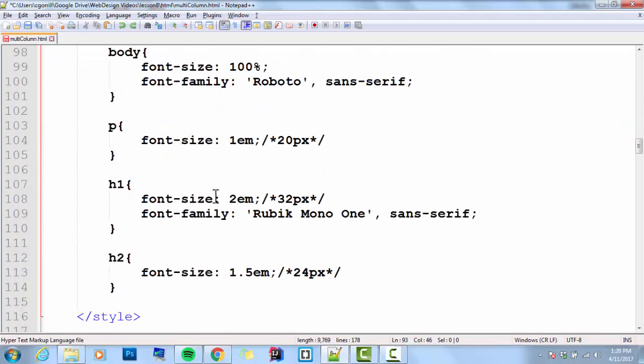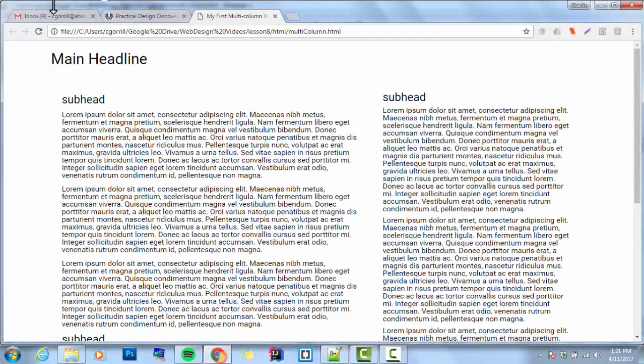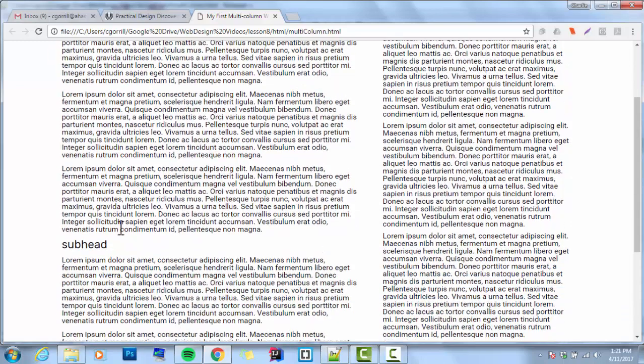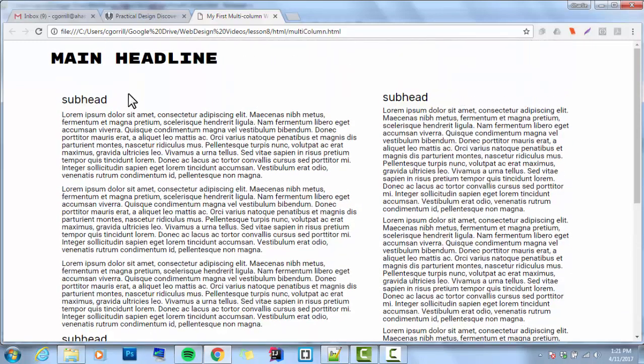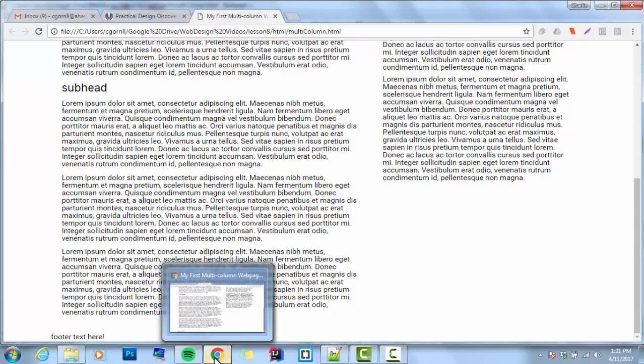Oops. And see how it looks. Save it. Refresh it in the browser. Yeah, that looks pretty cool. The Mono 1 looks really bold and really blocky and hard edge. The Rubik Mono doesn't look quite as blocky, and I kind of like that. So this is kind of a good contrast between them. All right, now